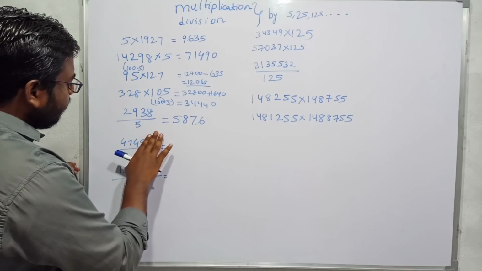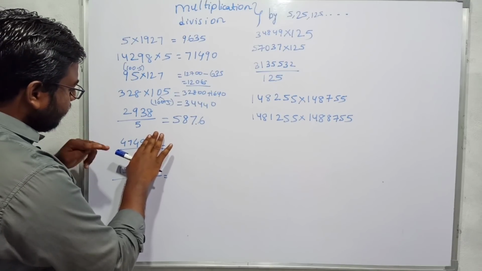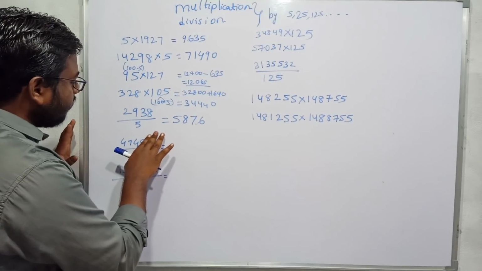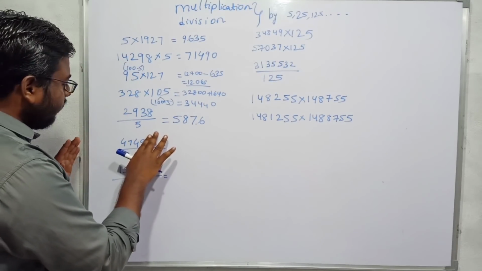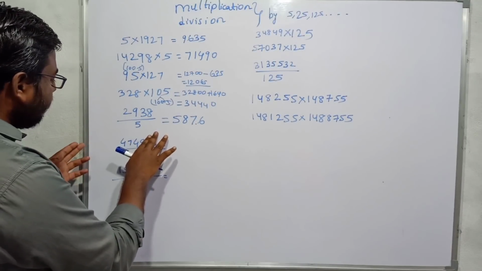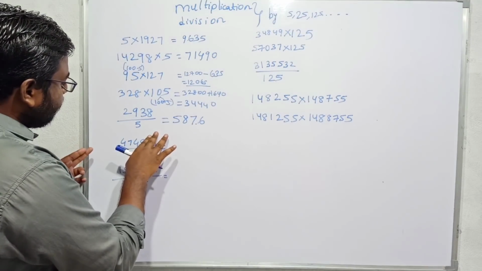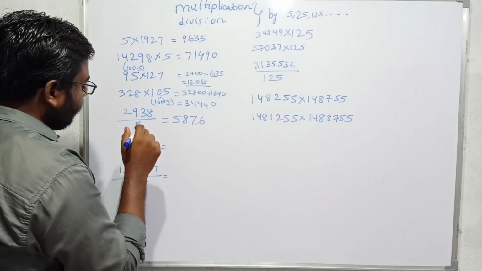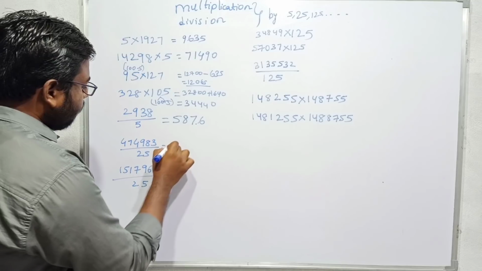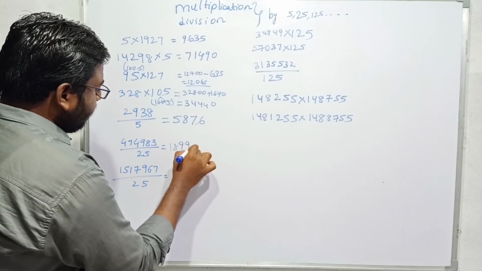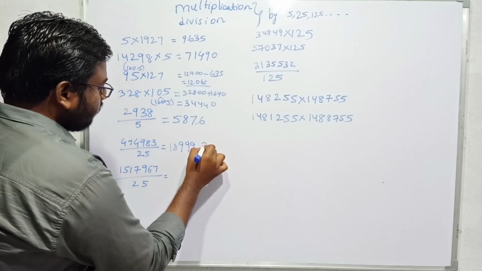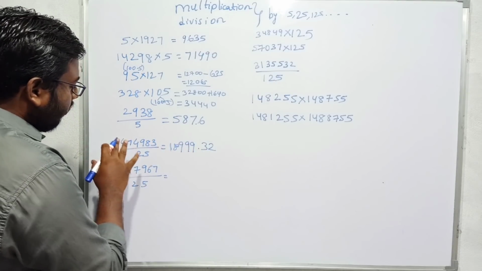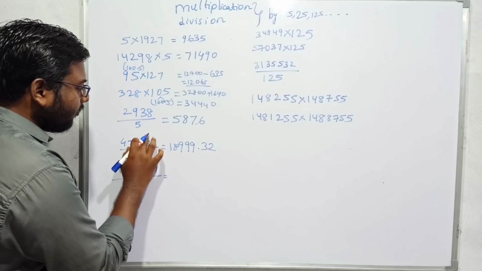I clearly discussed the multiplication of a 4-digit number with a single digit number in calculation techniques part 3. Please watch it if you want more clarity on it. So if I have to calculate, this is 200 minus 12, this is 188. 188, this is 196. 189.96. 189.99.32. Why did I get this 189.96, and why did I add 3? Here 75 is there. In 75 there are 3 25s.